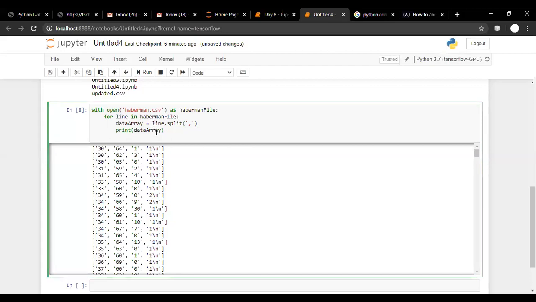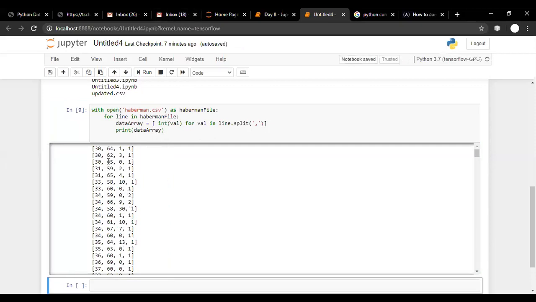Yes, we can solve this problem using list comprehension. It's a simple thing. We can use a for loop, something like this. We can say for val in line dot split. So line dot split will split the line into multiple values, and this for loop, for val in line dot split, will iterate through those values one by one, and we want to convert those values to integer. So we'll use the int function, int in brackets val, so it will convert those values into integers, and now our array will be an integer array.